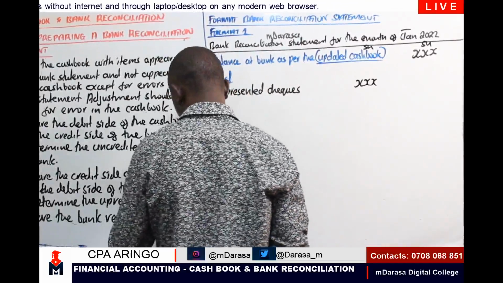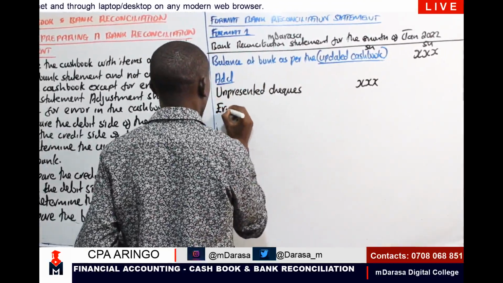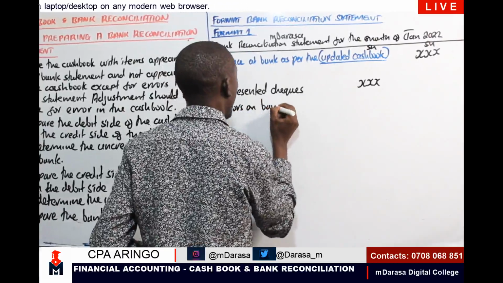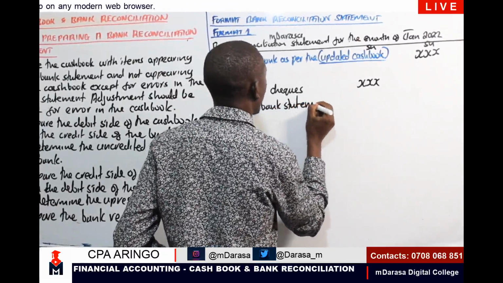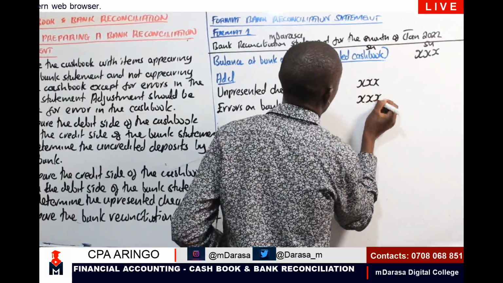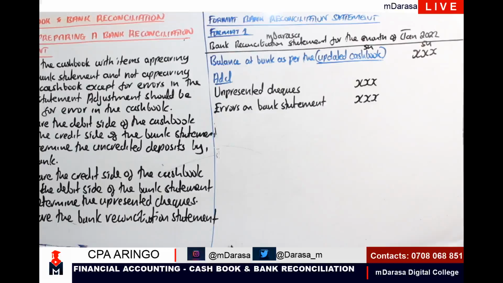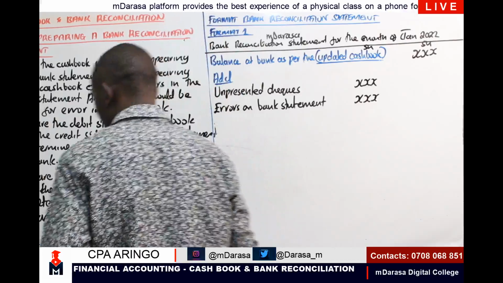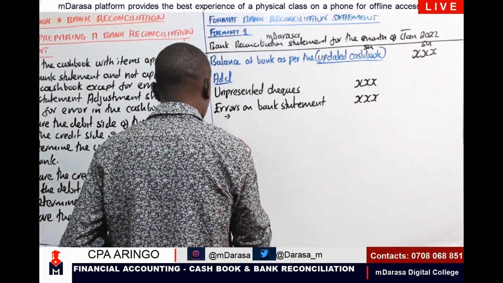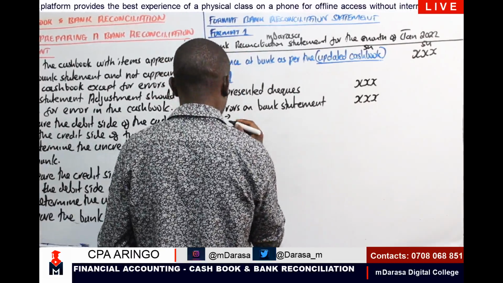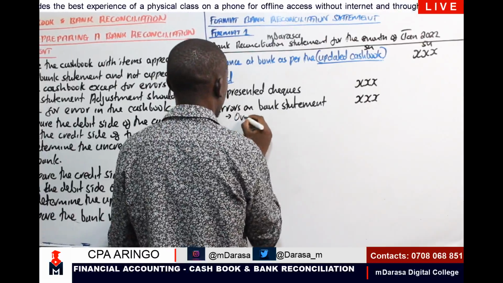Consider errors on bank statement. And the errors that we are adding here, my good students, this is what you should note, is that these are types of errors that have an effect of increasing the balance at bank, such as what? Overstated deposits or understated payments by the bank. And actually, let me just put these errors here, such as overstatement deposits,